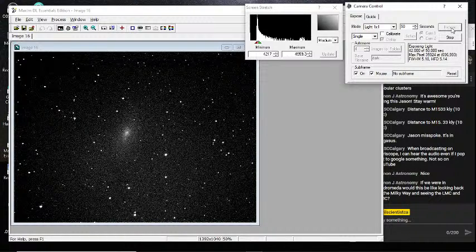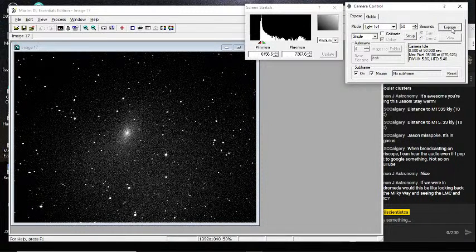It would kind of be like that. Somebody in the chat was saying, if we were in Andromeda, would this be like looking back at the Milky Way and seeing the Large Magellanic and Small Magellanic Clouds? And it'd be something similar. I know it wouldn't look exactly the same, of course, but we'd see a large spiral galaxy, which would be the Milky Way, and then a bunch of smaller satellite galaxies.